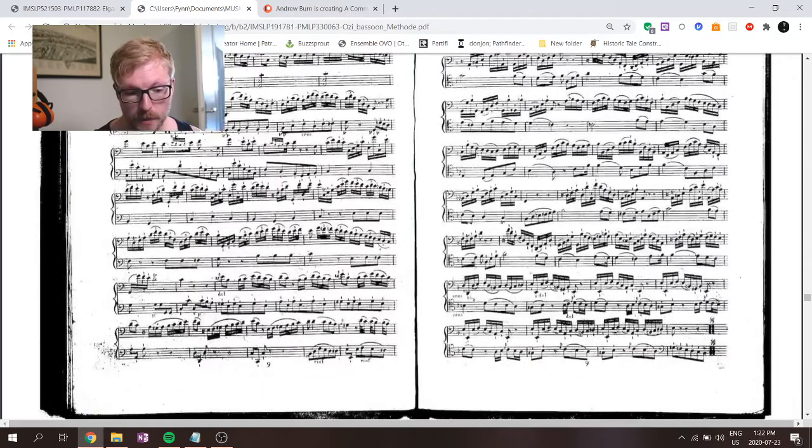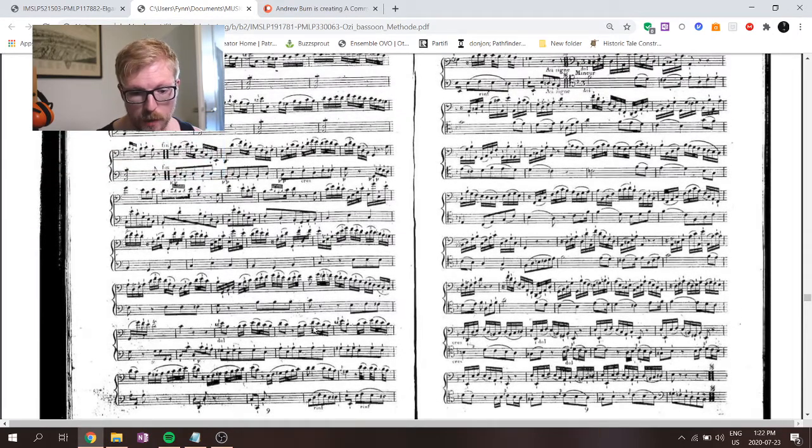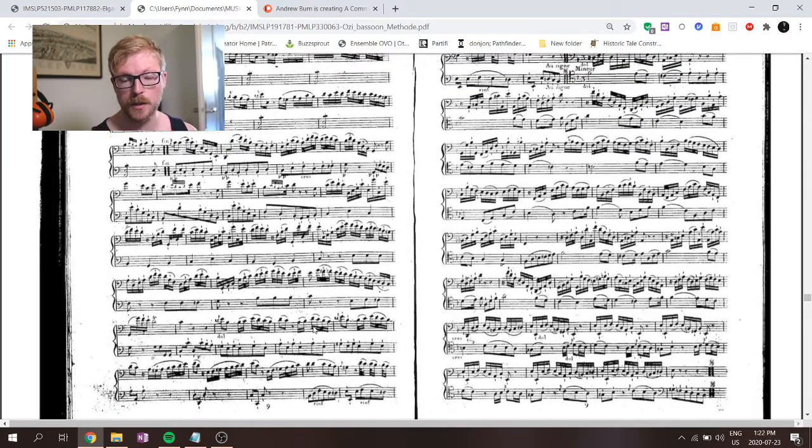Then the B section is in C major, and this whole section cadences and ends here, and then the next couple of bars are a return to A minor so that you can play the A section again without a very jarring transition from a C major cadence to playing into the next bar being in A minor.